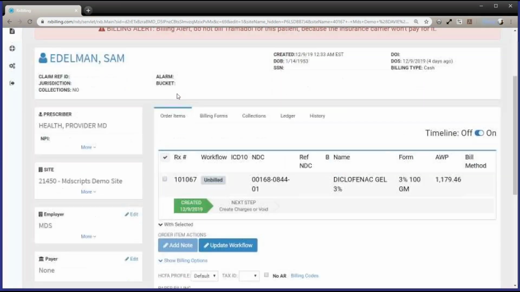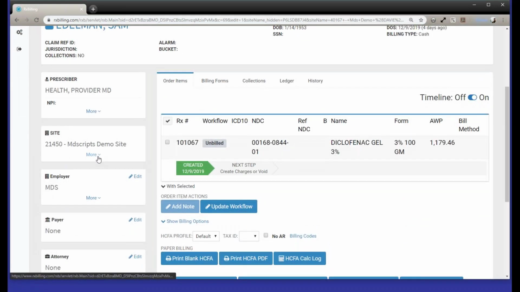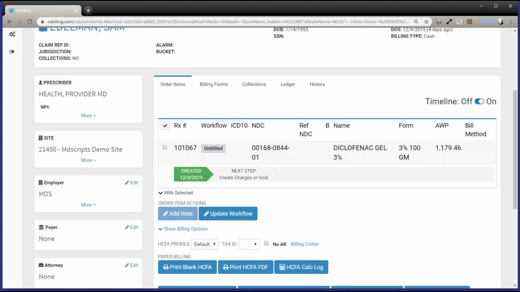We've taken all of the vital information and moved it to the top box. Patient name, claim information, jurisdiction, created date, date of birth, social, date of injury. And then all the secondary information has been moved down the side of the screen. So things like prescriber, site information, employer, payer, those are all placed on the side of the screen. And this was done to move the main billing operations and billing information up higher in the screen so there's